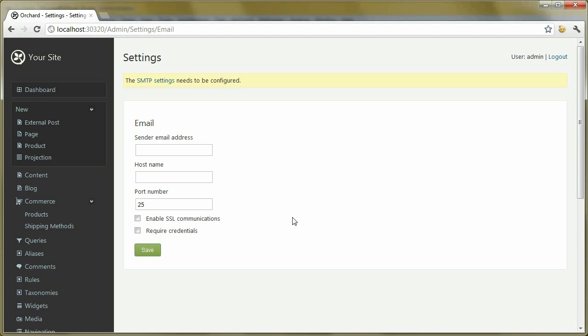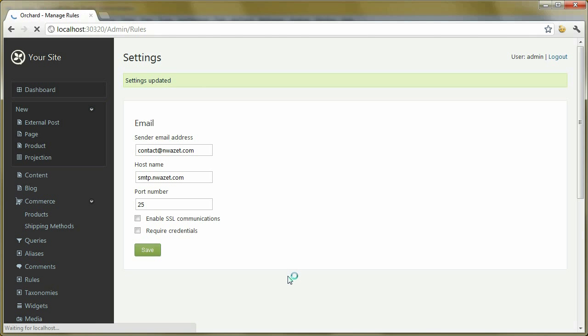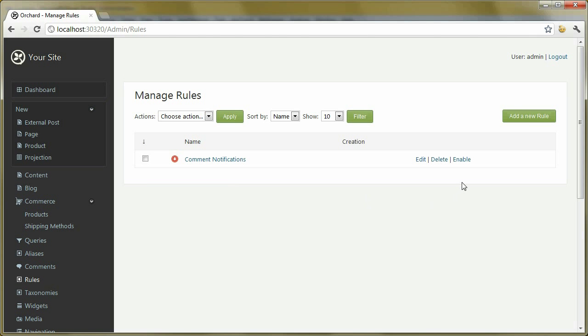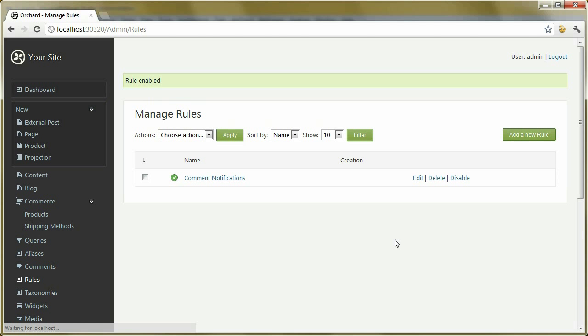For that new module to work, we need to set up SMTP settings. So here I'm going to enter my email coordinates that will be used as the sender email address, my SMTP server. I could require credentials if that's necessary and enter them. I can save here, my settings are updated, I can go back to rules, and as you can see here it's disabled. Let's enable it, and